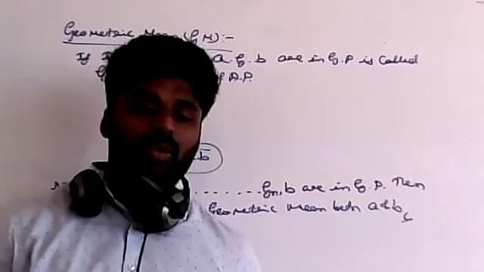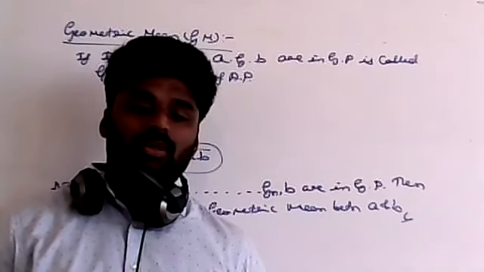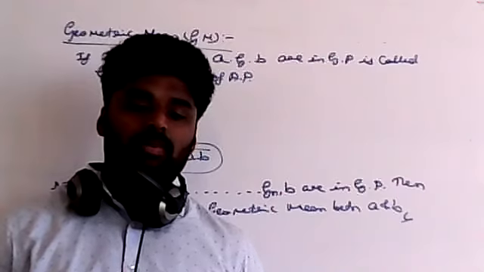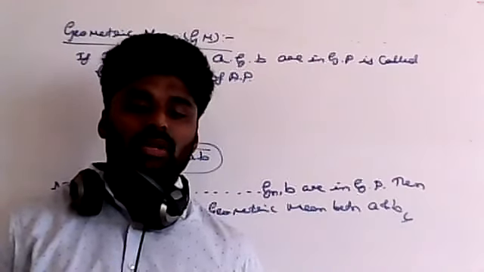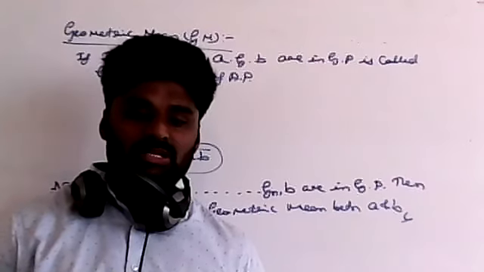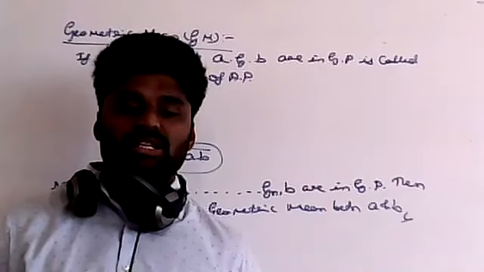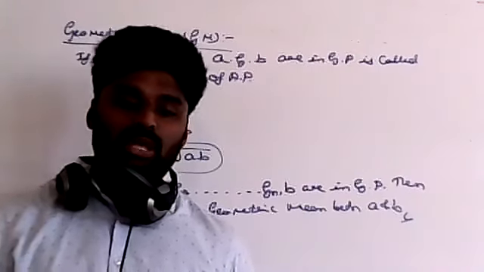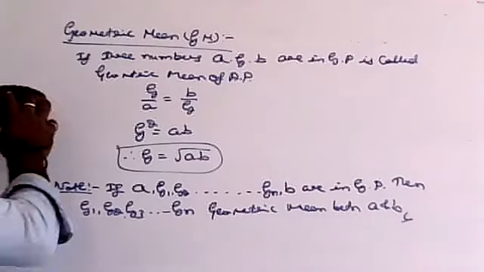And one more I gave, the infinite GP. What is the formula for that one? A plus AR plus AR square, AR cube. So the formula is what? Yes, good. A divided by 1 minus R. Correct. Then the last one, the geometric mean formula is what? G is equal to what? Root of AB. Okay. Root of AB.